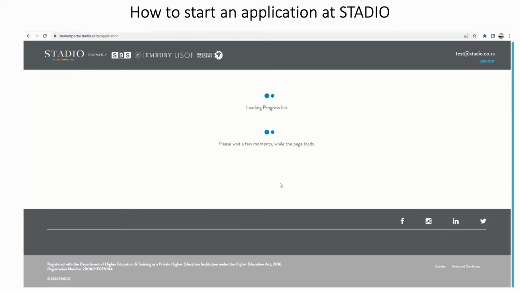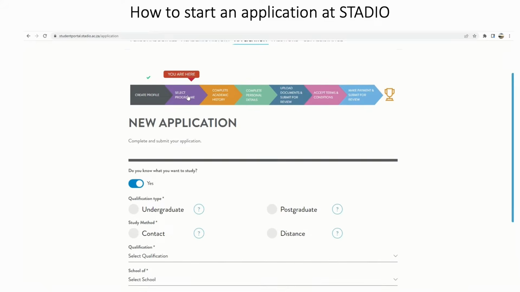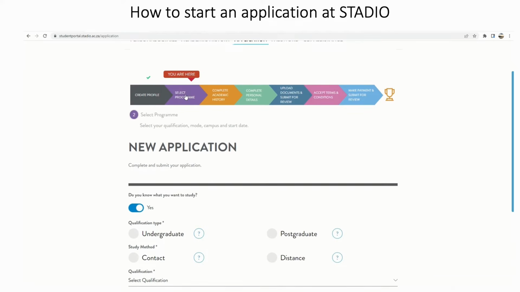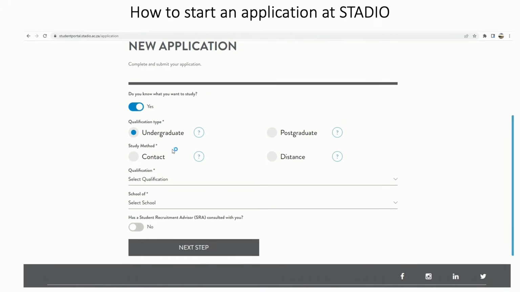You will very quickly see a page entitled New Application. You are now in the first stage of your process of selecting your program. Click on the type of program you prefer. You can choose from undergraduate studies or postgraduate studies, and then from contact learning or distance learning. Once you've chosen your qualification,